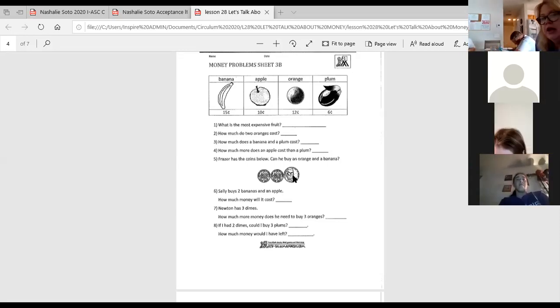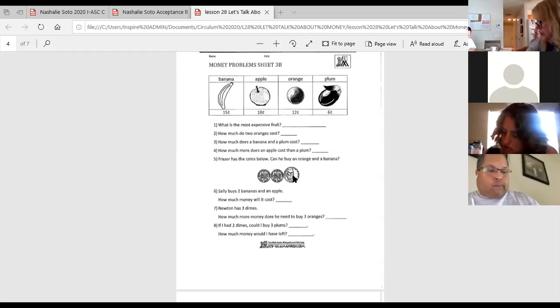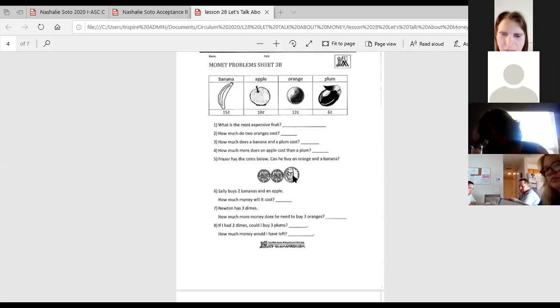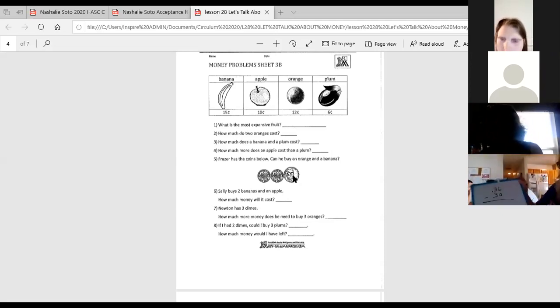So when we do subtraction, we usually put the bigger number on the top, right? We figured out that 36 cents was the value of the 3 oranges, right? And we want to subtract how much Newton has in his pocket, which was how much? He had 3 dimes, so he had 30 cents in his pocket, right? So if we take the 36 cents and subtract the 30 cents he had in his pocket,